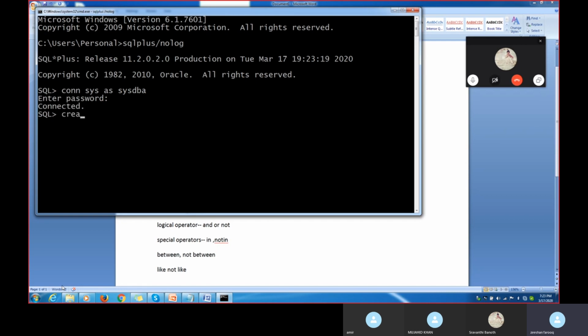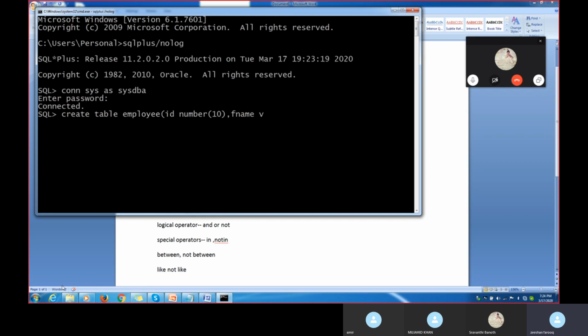I want to create a table. For example, a student table, or any table I can create. Let's take an example like an employee table. In this employee table I want to insert values. What values do I want to insert? For example, id number, say 10. Now what will I give next? I will give my first name, F name.